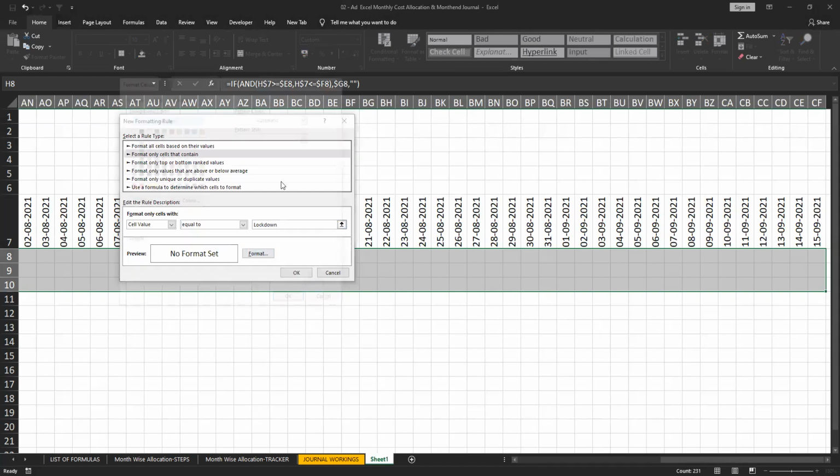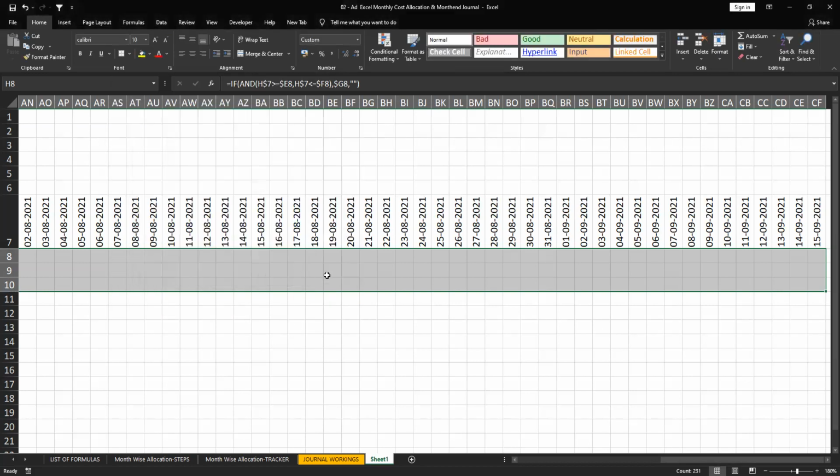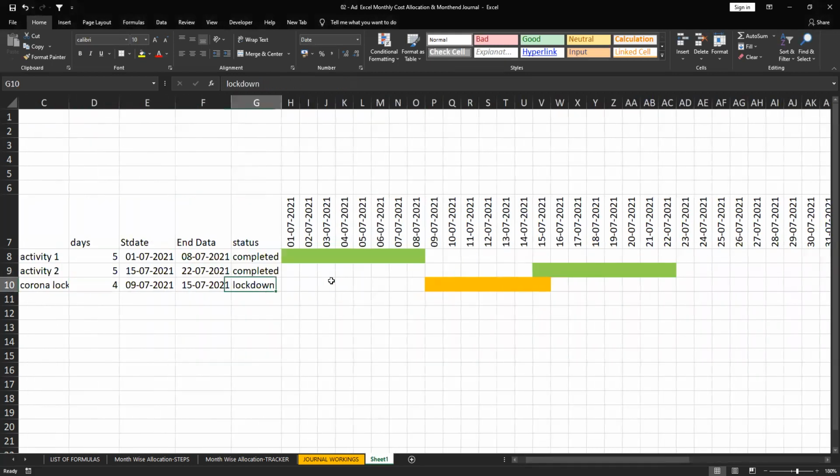So what is the color combination? Suppose I want this. See here, this is lockdown, a separate color. So maybe for 3 days, 3 working days. Yeah, this is the lockdown period. Okay, easily you can make out by seeing the results what it is.